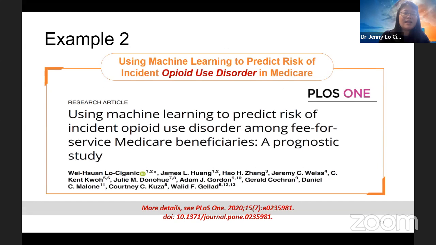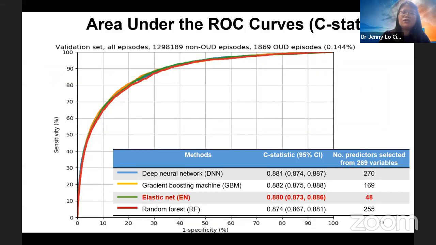The second study is similar to the first study, but it predicts the incidence of opioid use disorder. I want to quickly show this example because, when you think about machine learning, you shouldn't assume the more complex one is better. In this study, you can see the performance of the four methods we used is similar. But ElasticNet, which is more advanced than the lasso,